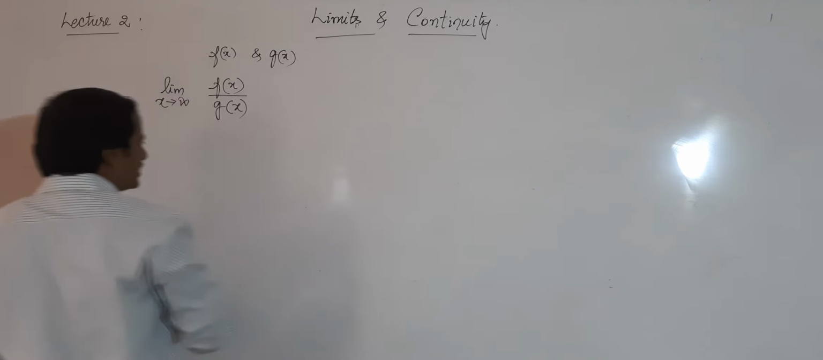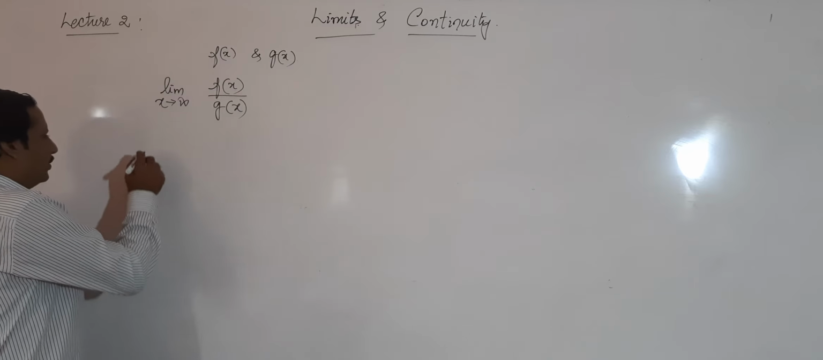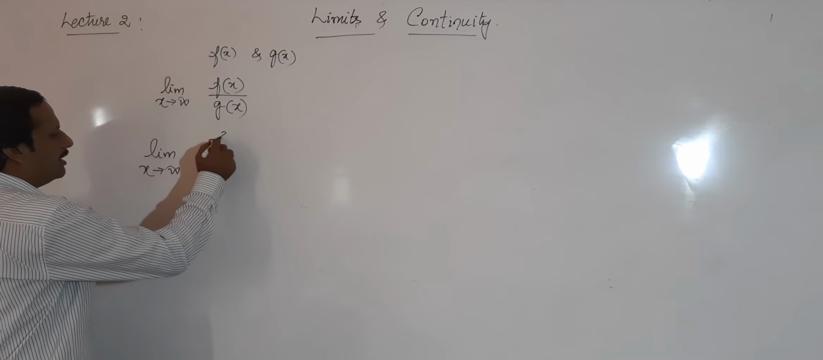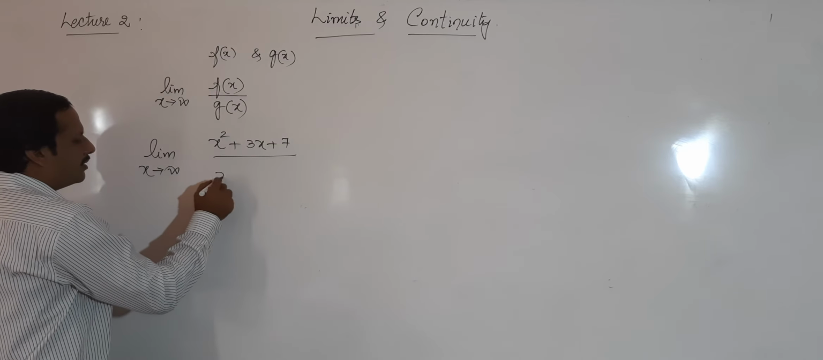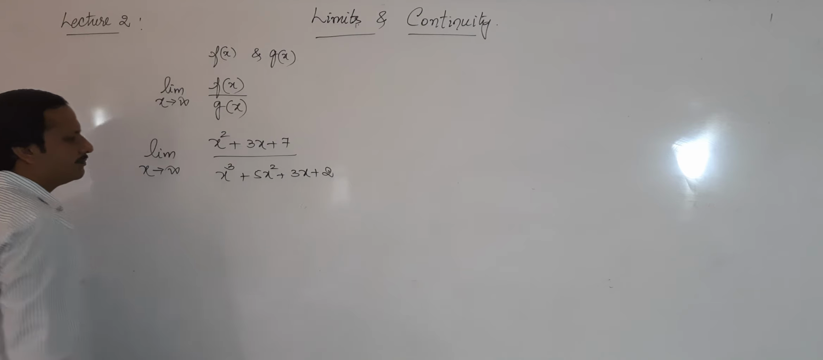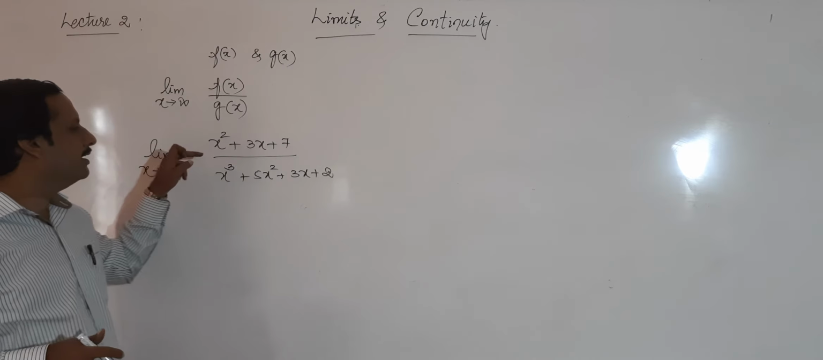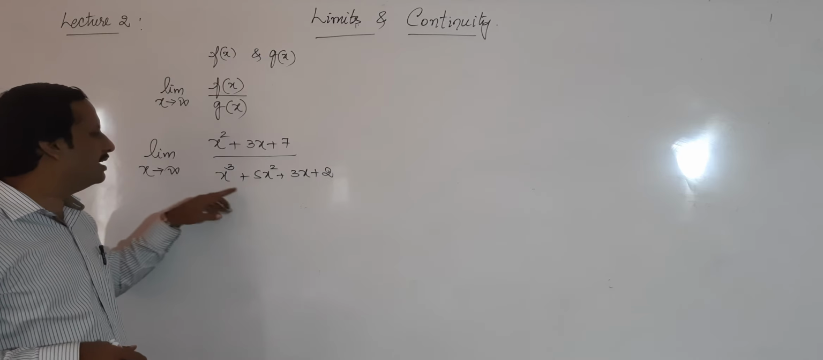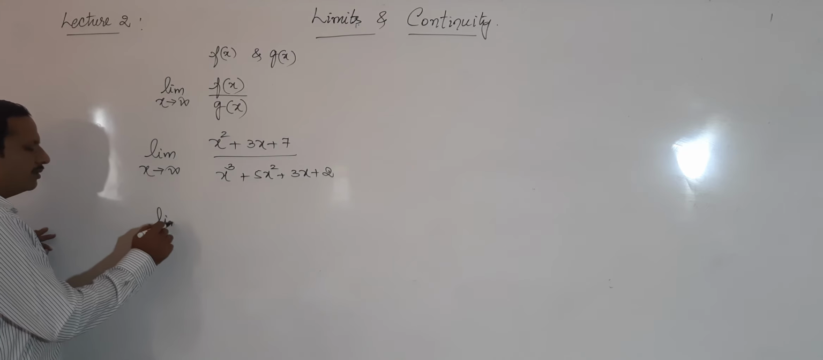I'll explain this first with an example, and after that, I will give you a formula. Now, let me take this: limit x tends to infinity, x square plus 3x plus 7 divided by x cube plus 5x square plus 3x plus 2. I want to apply the limit as x tends to infinity. If I directly apply the limit, I am getting infinity plus 7, which is infinity only. Denominator is also infinity. We can go for L-Hospital's rule, or else the other thing we can do is,